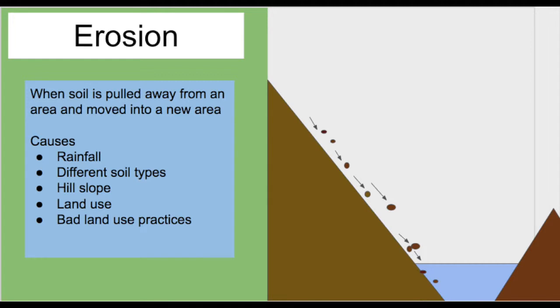Over the past century, the beautiful watersheds of Santa Cruz Mountains have experienced issues with erosion. Erosion, when soil is pulled away from an area and moved to a new area, is caused by a variety of environmental factors such as rainfall and hill slope, and anthropogenic factors such as changes in land use, logging, and agriculture. Erosion affects soil quality and the ecological viability of an area, disrupting the functioning of local wildlife. Erosion can have extreme effects on fish, insects, and other animals who depend on rivers.